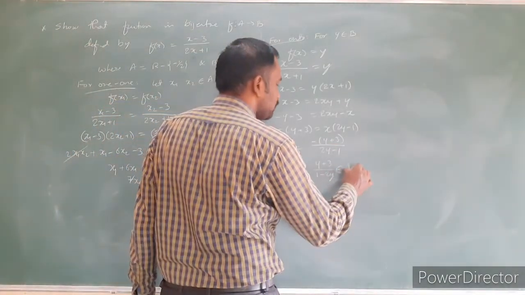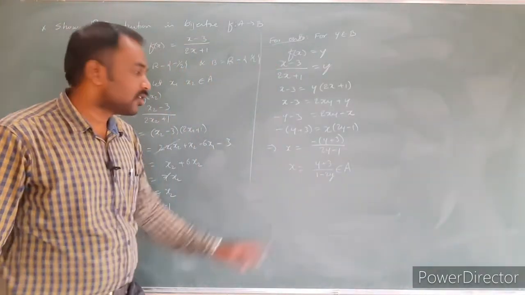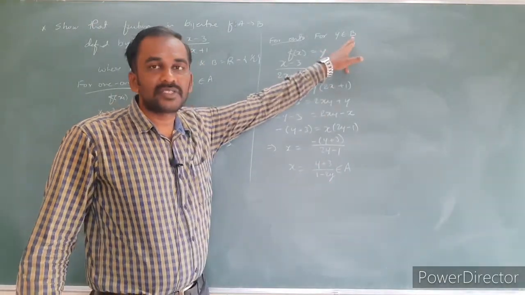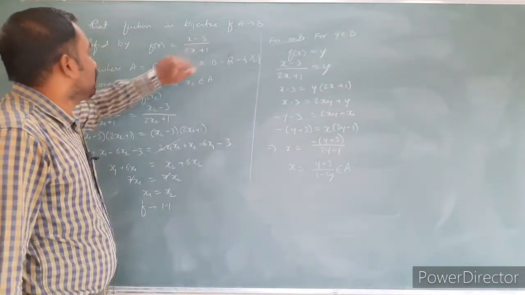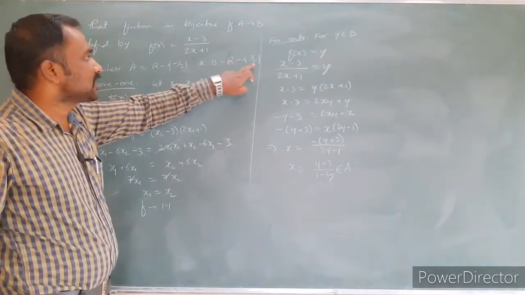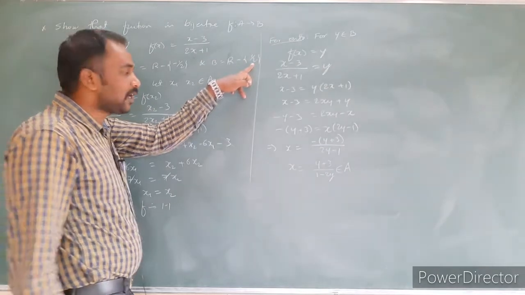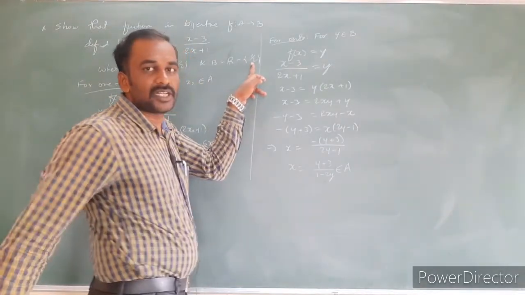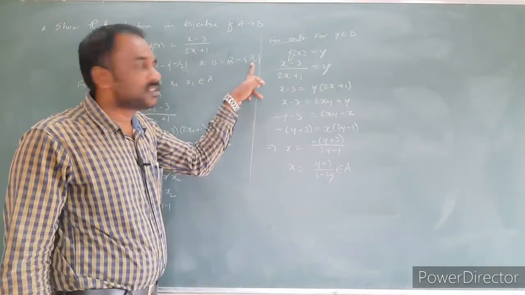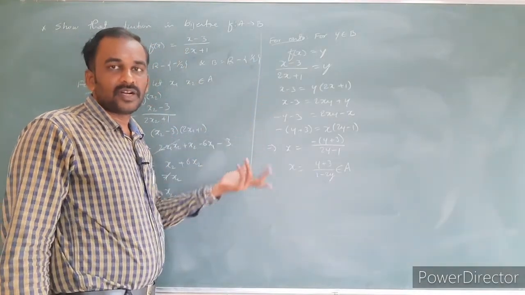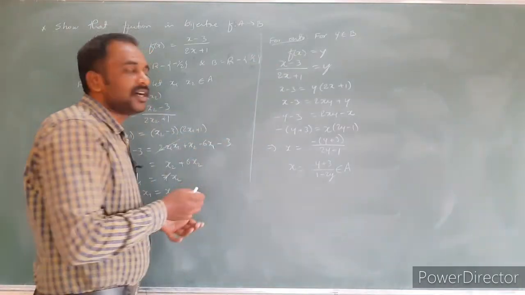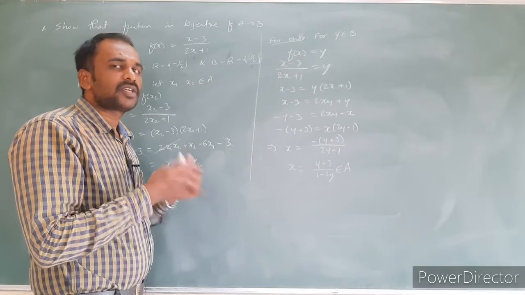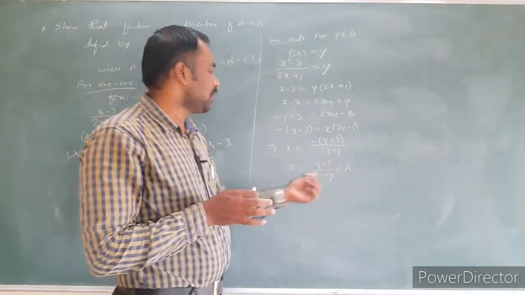Whether this x is present in the domain set A or not, for y being any element present in the set B. What is the set B? All real numbers except 1 by 2. y is not 1 by 2. What happens if I take y as 1 by 2? Here it becomes a 0 denominator. Denominator 0 means x is not defined, which is not possible, because it is not possible to take the y value as 1 by 2. Except y equal to 1 by 2, whatever real number we take,